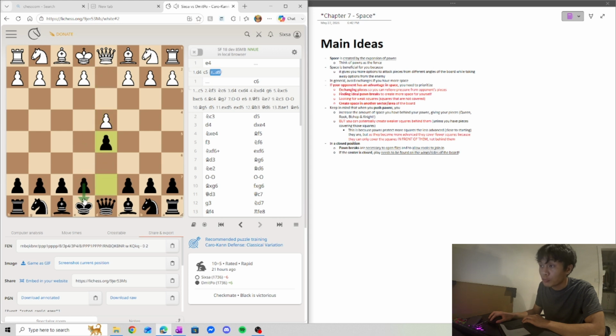Keep in mind that when you push pawns, it does create more space for your pieces to move around, but it also creates space behind. It also creates weak squares if your pieces aren't covering those squares. So, if that makes sense, like say for example,